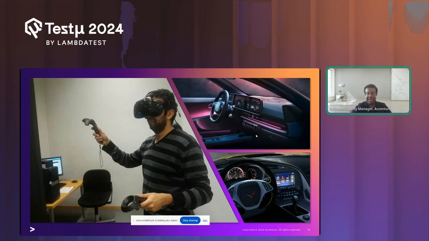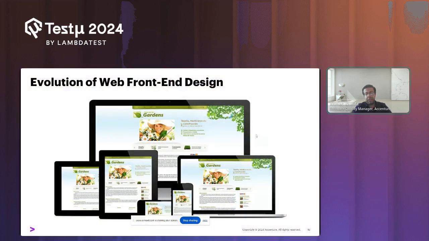It didn't work at the beginning, but then I realized there are other methods that could really help in this visual testing. And this is an evolution of web front-end design, right? Now we can see a lot of new applications are based on web front-end design, with dynamic web pages. You have different viewports. You need to test on tablets, on laptops, on smartphones. So you need to do all of this testing.